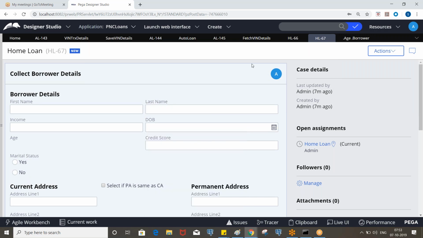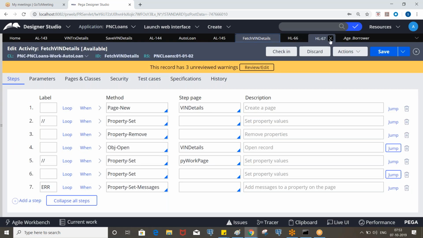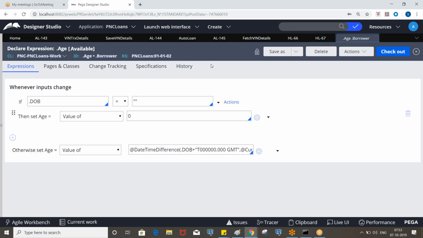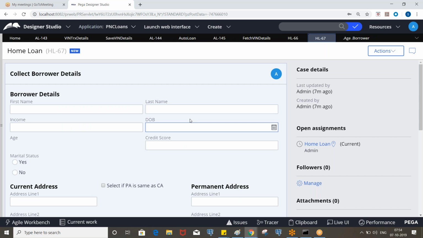So if you're not putting that, let's say, the first condition, it will compare the current date time with 0 DOB. Okay, so you will get some value in minus. So that should not be the case. Okay, so it has to calculate age whenever you enter DOB.